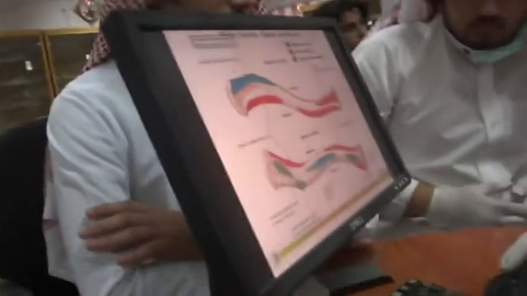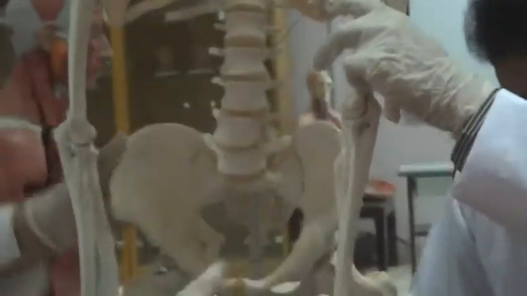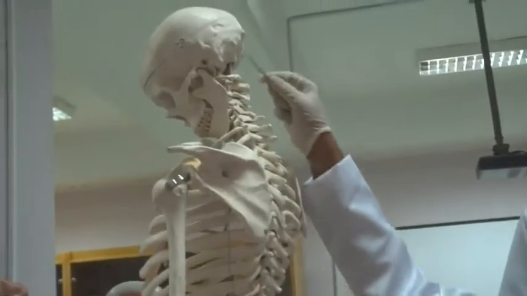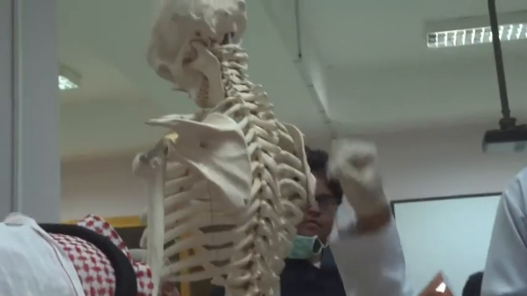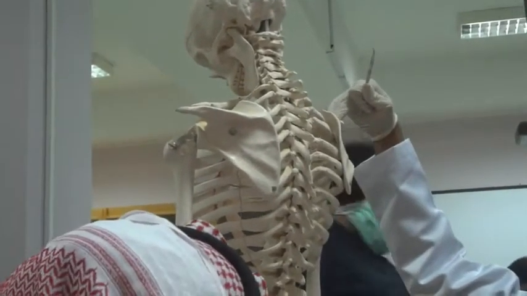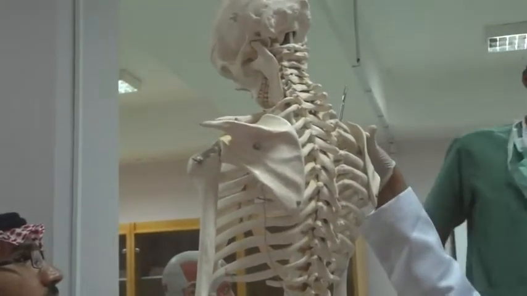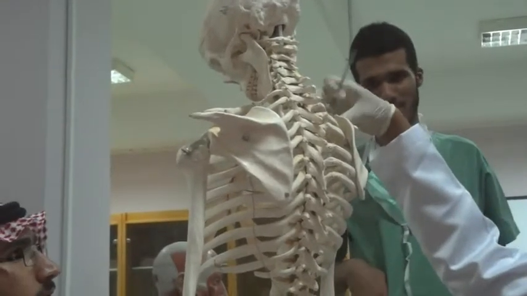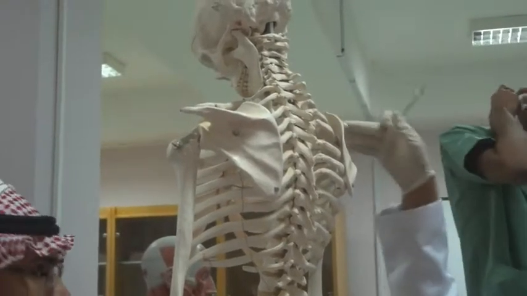Sternocleidomastoid. And this is the insertion of the trapezius. We are talking about the trapezius muscle in the back, the big muscle. We just saw that it takes origin from the superior nuchal line, ligamentum nuchae, and the spines of all these vertebrae. Its insertion, just like the deltoid, is to the spine of the scapula, acromion process as well as the clavicle. Same thing: origin of deltoid is the same here, and just opposite on the other side will be the insertion of the trapezius. So origin of deltoid is clavicle, acromion process and the spine.